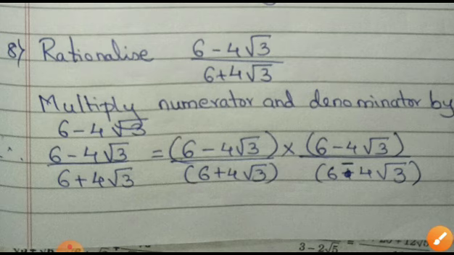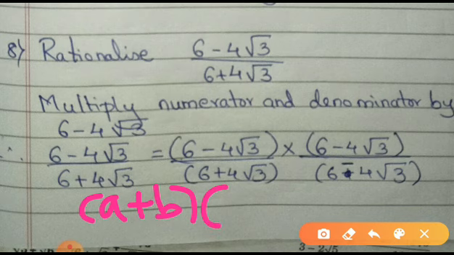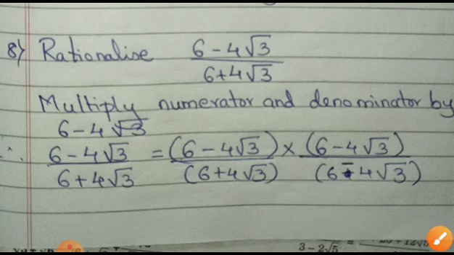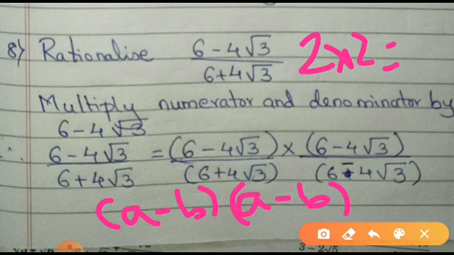Okay, so I have got it here. Now in the denominator again I have a binomial. Is it of this identity, a plus b into something? It is a plus b itself. Now in the numerator it is a minus b into, again the same number, a minus b. Now what is a minus b into a minus b? Is it the same as a minus b bracket square? Yes, 2 into 2 is what? It is 2 square. So it is a minus b the whole square.